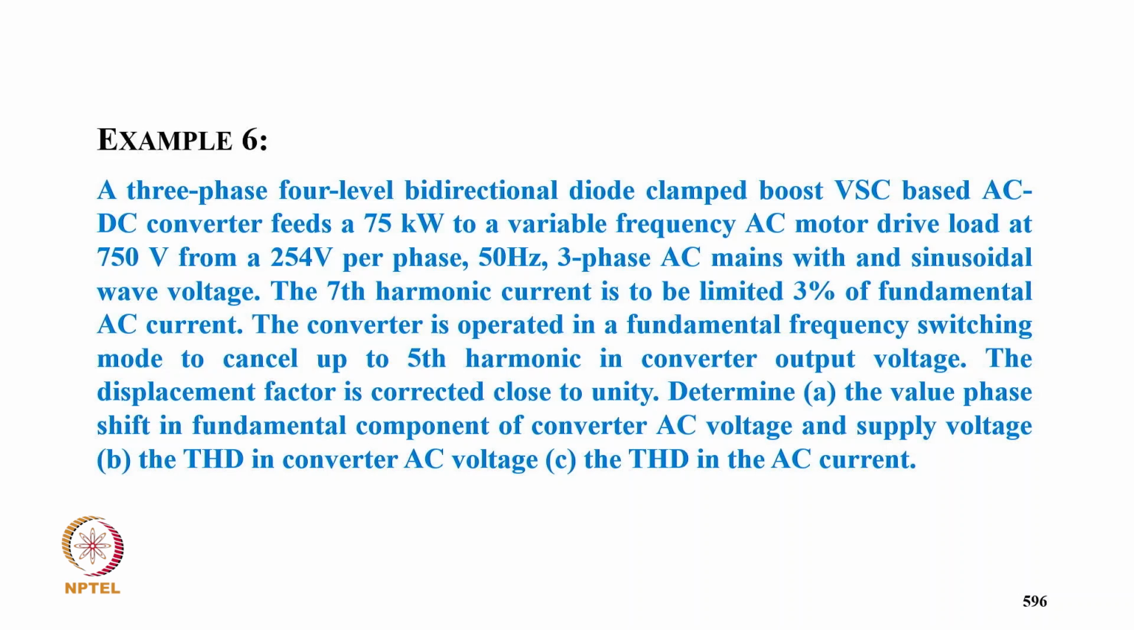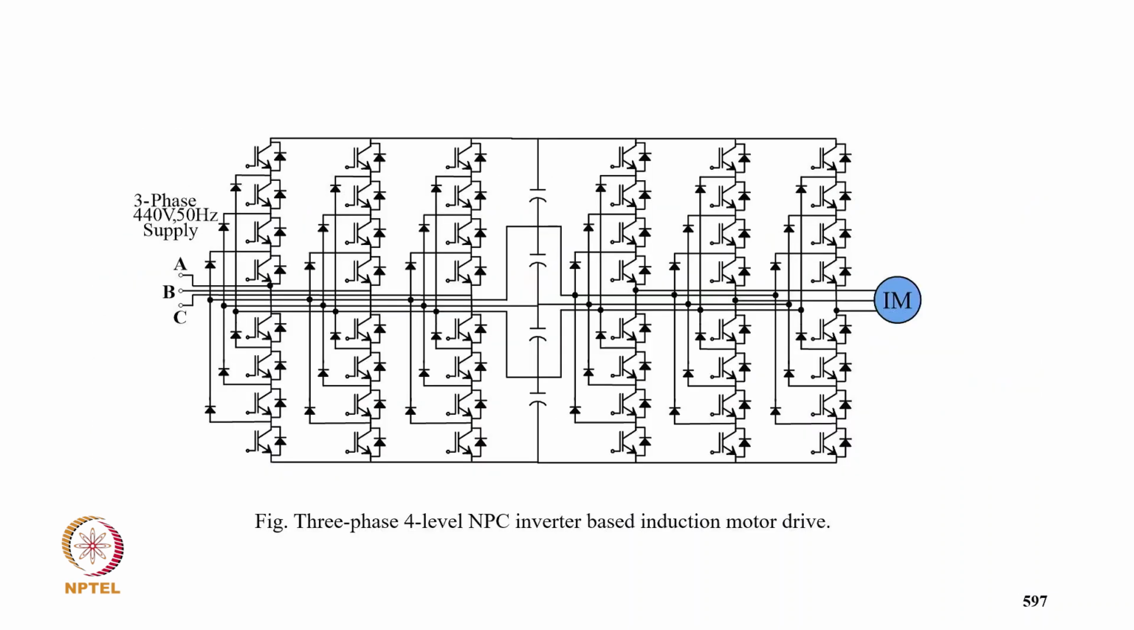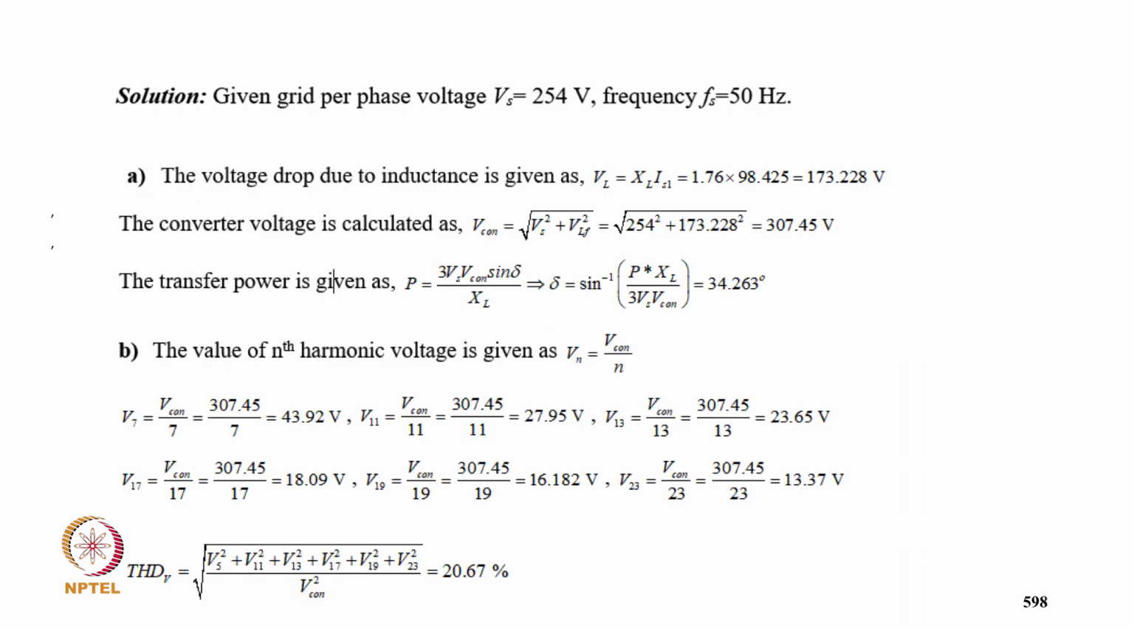The converter is operated at fundamental frequency switching mode to cancel fifth harmonics in output. Converter output displacement factor is corrected to unity, and determine the value of phase shifted fundamental component of converter AC voltage and supply voltage, TID of converter AC voltage, and TID of AC current. So this is a 3-phase 4-level induction motor drive, and the given grid per phase VS equal to 254, frequency 50 Hz. So voltage drop due to inductance VL equal to XL IS1, comes 173.22, and converter voltage calculated